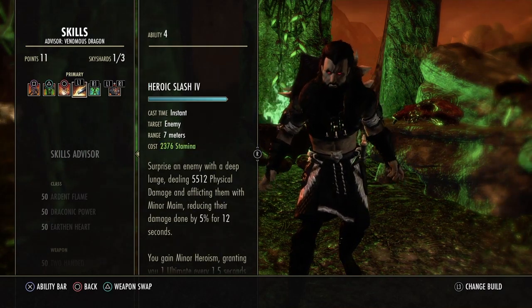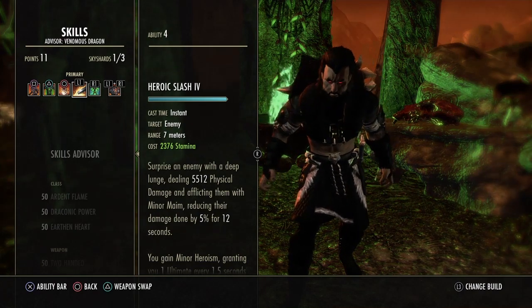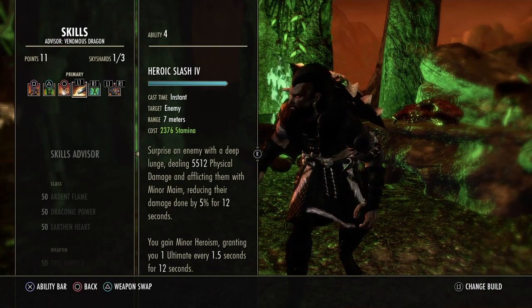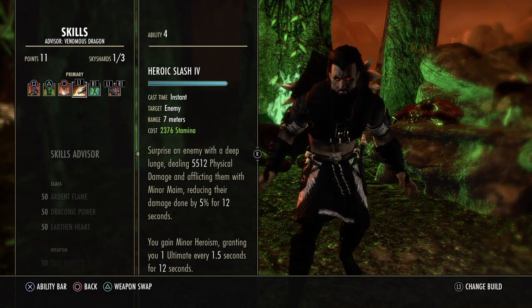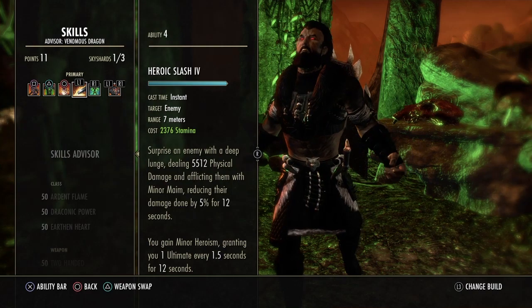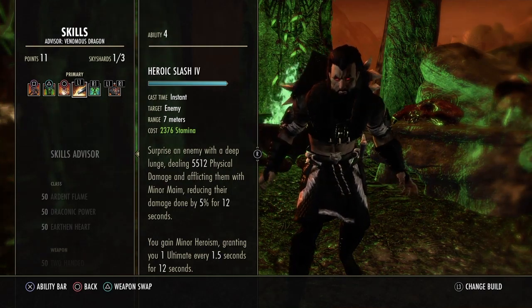Heroic Slash, this puts maim on your target, basically reduces damage done to you, and it also slows them down. Puts a snare, and then also gives you minor heroism, so you can build your ultimate faster. You can kind of synergize that with the Asylum weapon to get ultimate. Because this is a werewolf specific build, you want to be able to get to your wolf as fast as possible, but you should be tanky enough